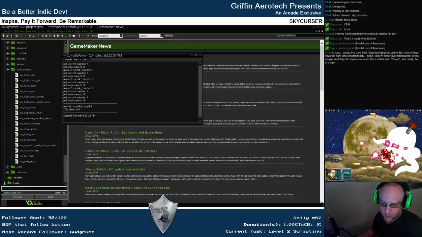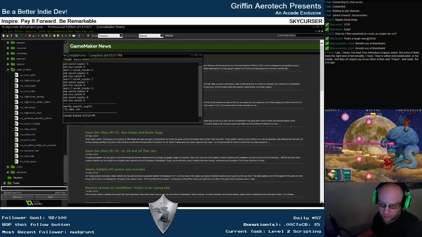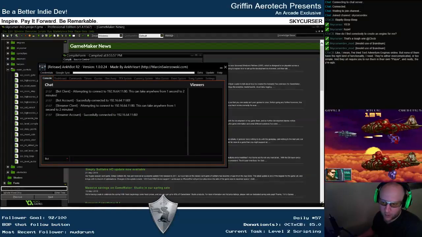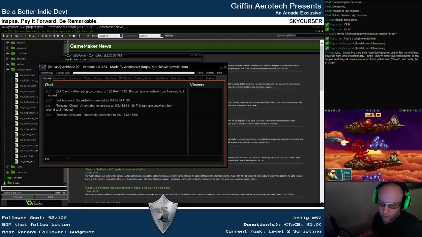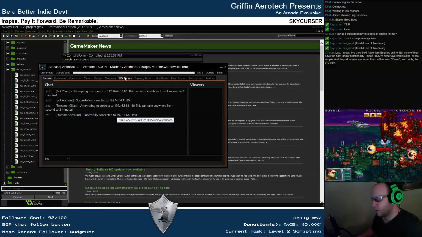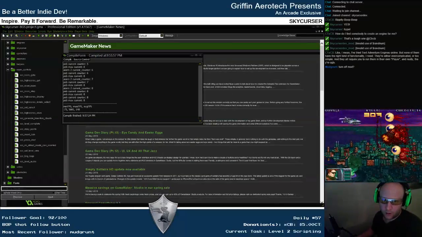Tried text adventure engines online, but none of them have the right kind of functionality I need. They're either overcomplicated or too simple, and they all require you to run them in their own player, and really, they're ugly. Man, that's a hard one, dude, because